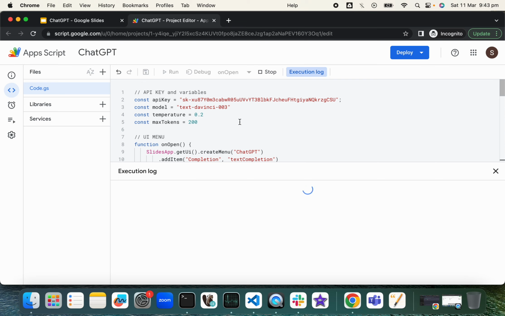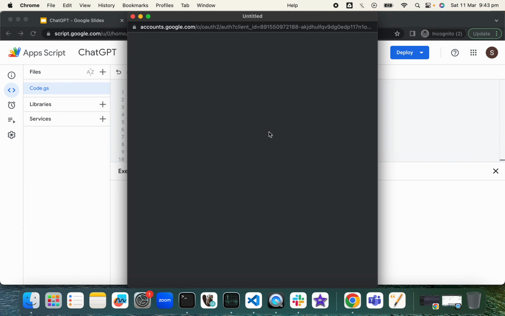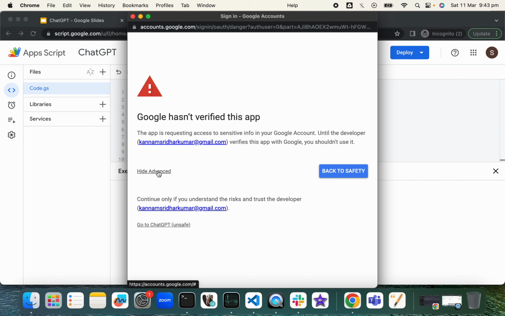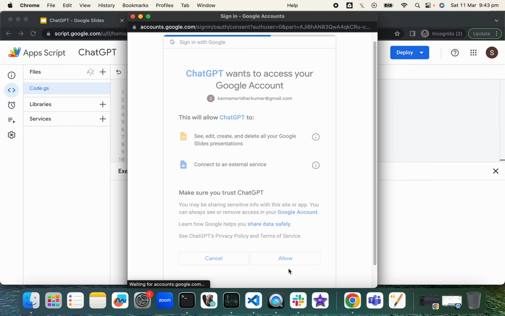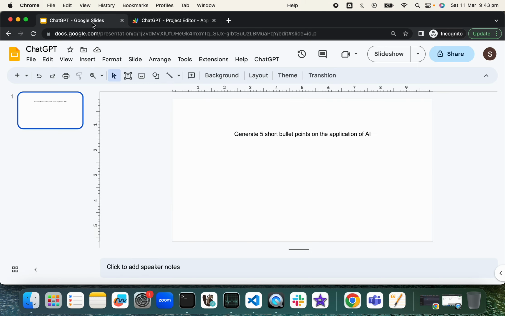It will take a couple of seconds. Basically, we are going to give this script the permissions to access the slides so that they can be edited. Review the permissions. Advanced and allow. Okay, so that's completed. Go back to the slides,